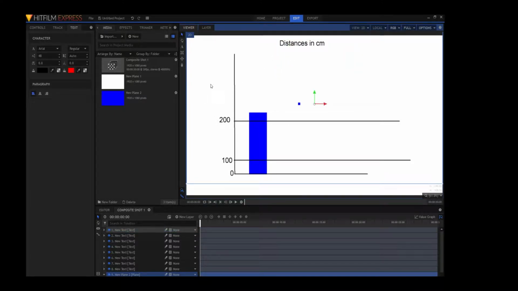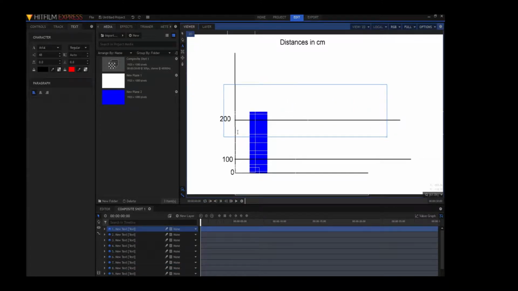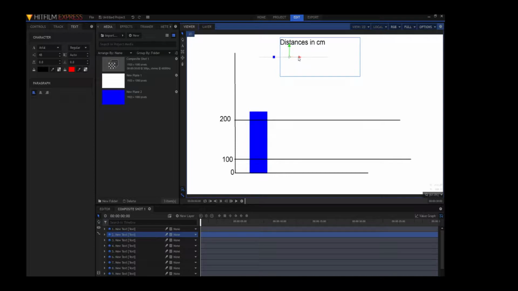So I'm also gonna create a title on the side. Actually, I made sort of a mistake. This is not gonna represent anything. This was actually supposed to go right here. Now for this, you can do the same thing that I was doing for the text wall. You can rotate it just by holding down the square and moving it down. Then I'll just use the green arrow to adjust fine, and then I'm going to use the red arrow, which only allows it to move down and up.